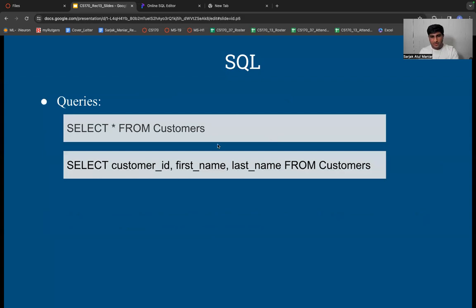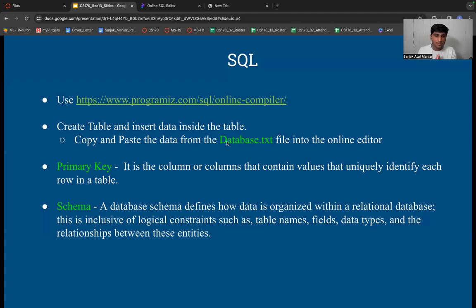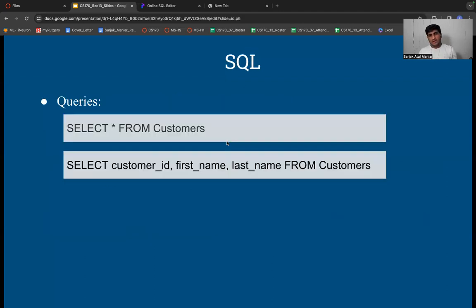Don't worry about it if you are finding it difficult to relate things, but I think this was the overall gist of some of the key concepts: what is a primary key, what is a schema, what is a database, and what are tables, right? Moving ahead, let's try to perform different kinds of queries in SQL and see the amazing results. It's going to be fun executing the queries.